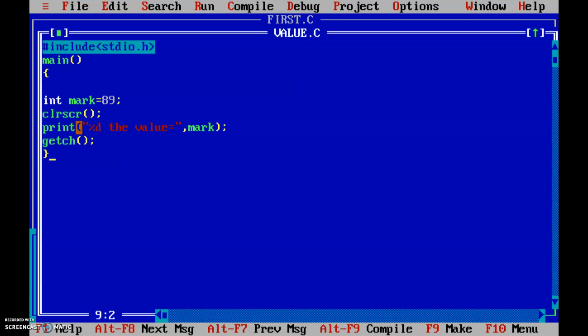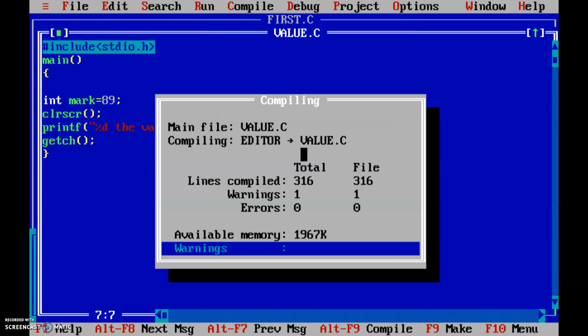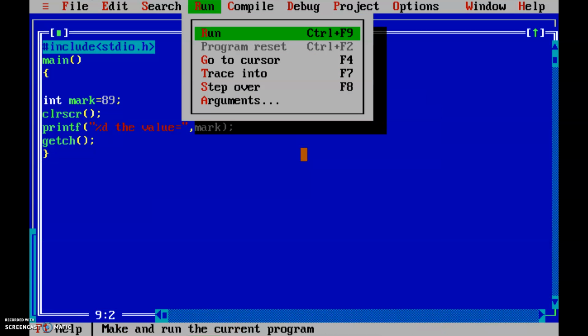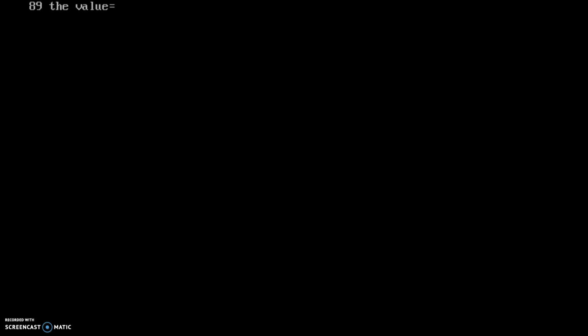Okay, sorry, f is missing. Printf. Spelling mistake, printf. Okay, again save the program and then compile the program. No error is there. Then run the program. 89. We want the message like the value is equal to 89.